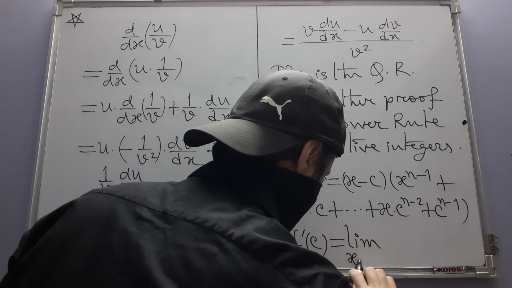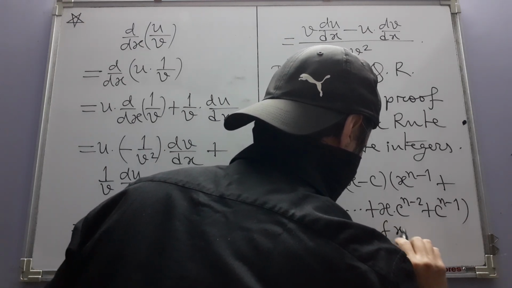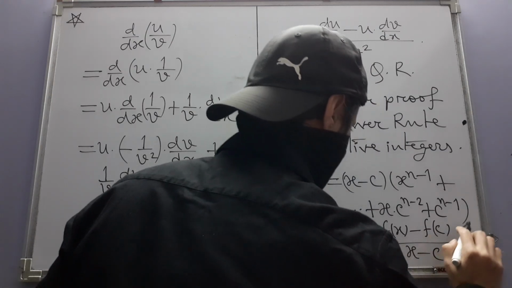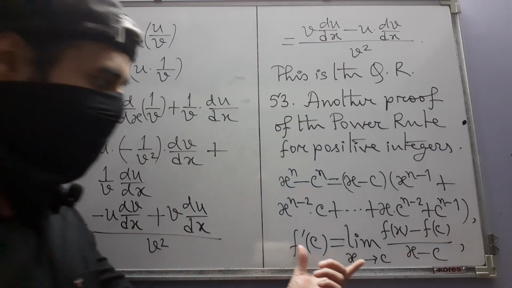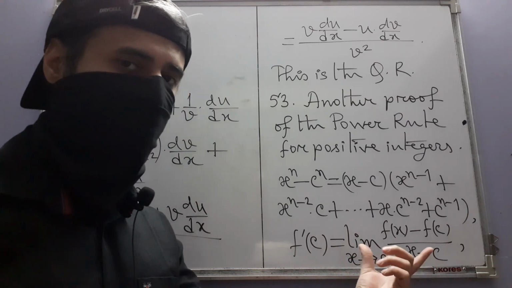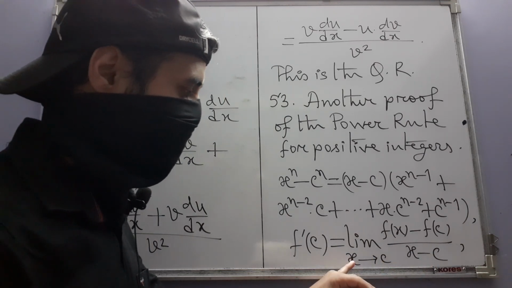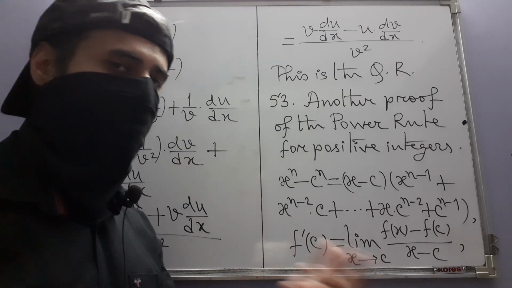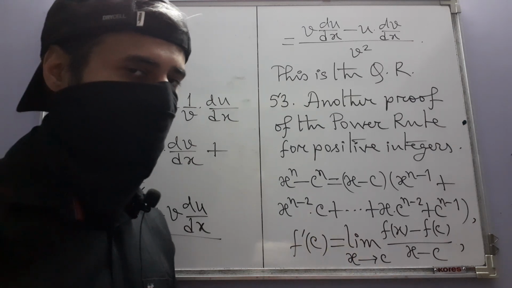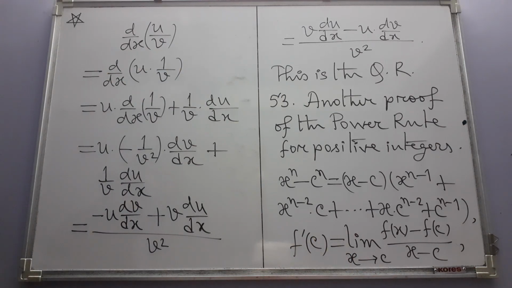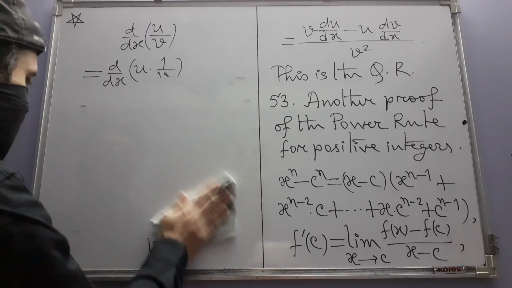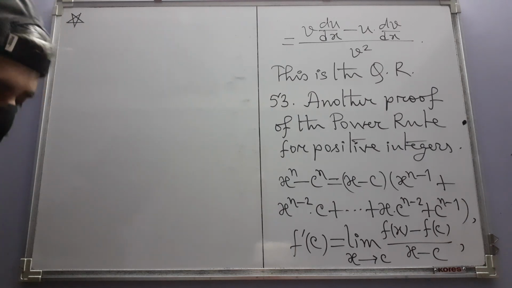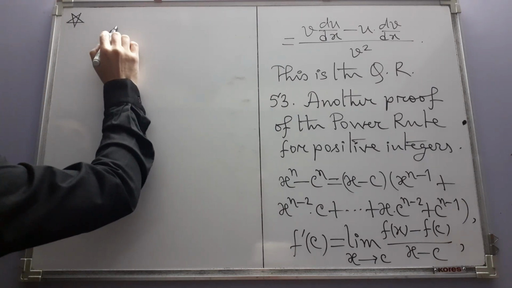limit x tends to c, f of x minus f of c divided by x minus c. This is actually nothing different from the ordinary definition or the usual definition, which involves limit as h approaches 0. But it's just another way of writing that same thing. This also we have already seen. We have to use these two things to again derive this formula,